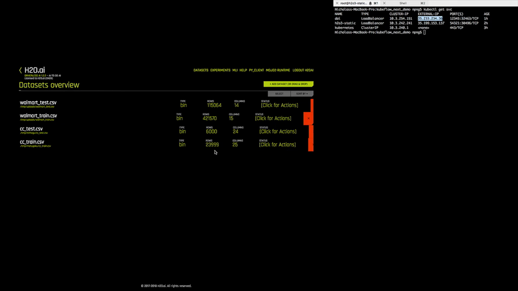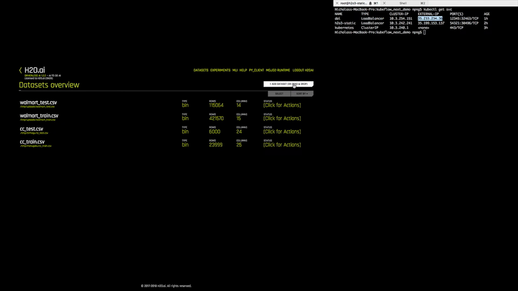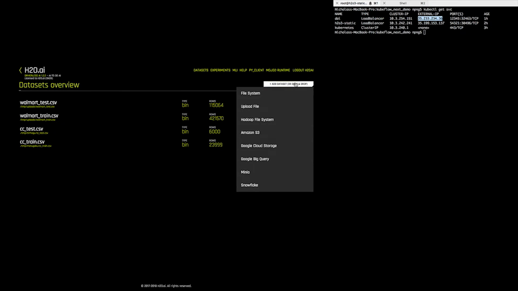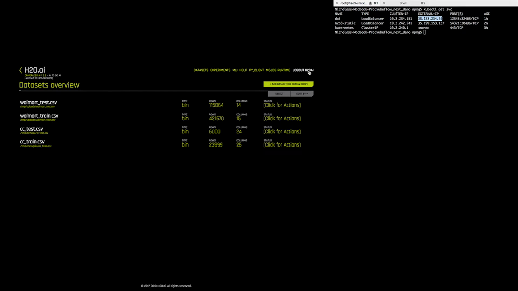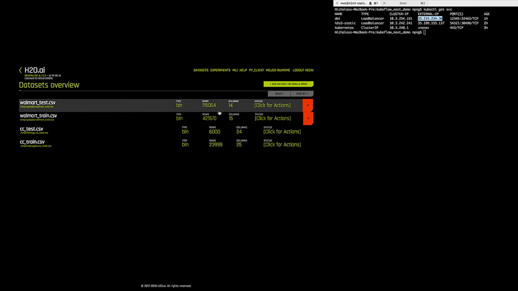And I've actually loaded a couple of data sets already. In case you're not familiar with this, the first step would be going through and adding a data set. We do have direct integration to Google BigQuery as well as Google Cloud Storage. So if I wanted to go to Google BigQuery, again, you can type in the data set ID right here. You can type in the GCS bucket right here, and then you can do some sort of select, so select star from data set. Just in the interest of time, I'm going to close that window and show you from what we have already.